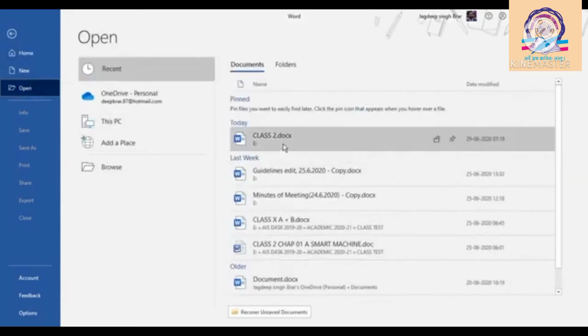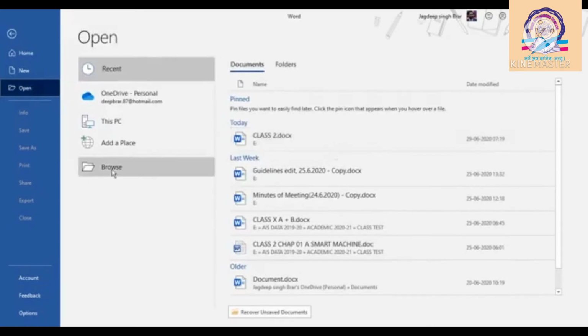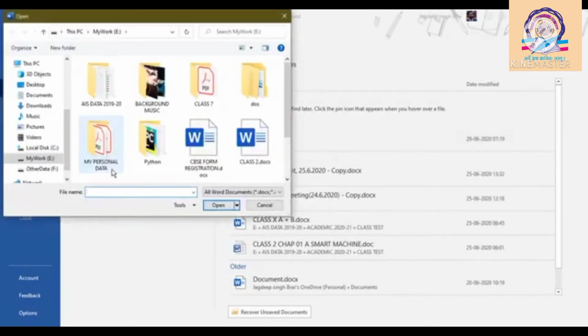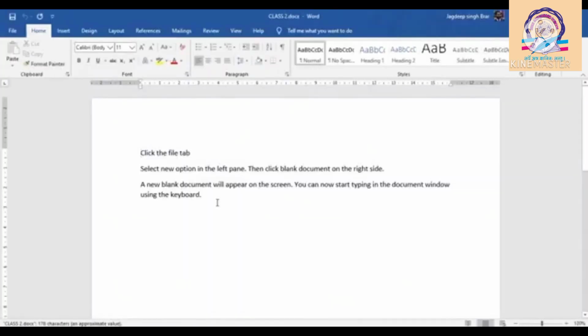Either it's visible in the recent window and you can select it from here, or you can click on Browse, locate the drive where you have saved it, select that folder, click on Open. So your document that you created previously is open.